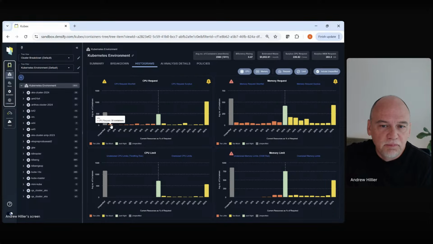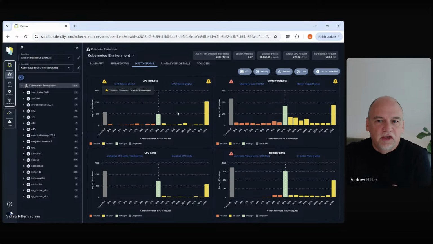So this is an example of a container that you gave one CPU to and using 5 or 10, which, as you pointed out, creates risk. If I have too many of them running on a box, I have a throttling risk where the node can get saturated, which we're actually detecting here. So we're trying to roll up exactly what you described on scale. You can view this picture for any size environment.